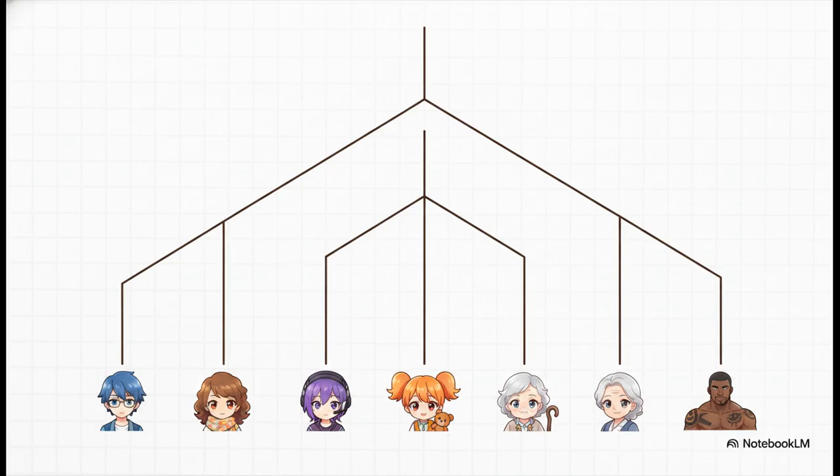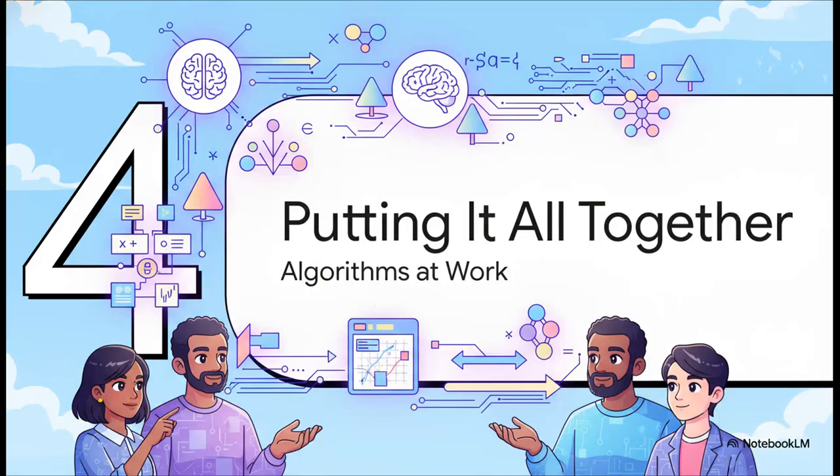Now, a quick word on another clustering method, hierarchical clustering. The great thing about this approach is that you don't have to decide how many clusters you're looking for ahead of time. Instead, it builds this awesome tree-like diagram that shows you how the data can be grouped at all these different levels. It's perfect for when you just want to explore the relationships in your data without making any big assumptions up front. So, we've looked at a whole bunch of individual algorithms, but in the real world, they almost never work alone. The true power of machine learning really gets unlocked when you start combining these tools to build a complete system. Let's see how that comes together.